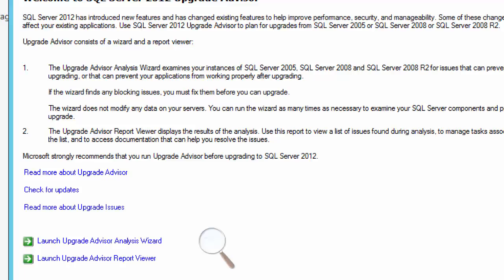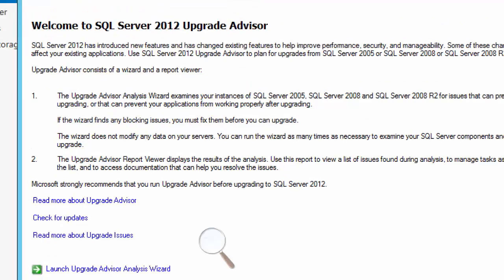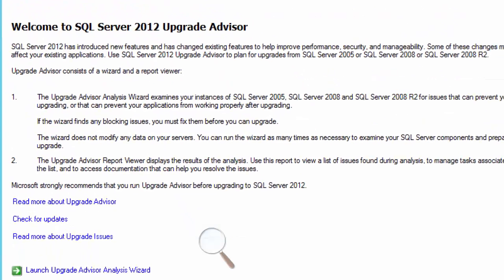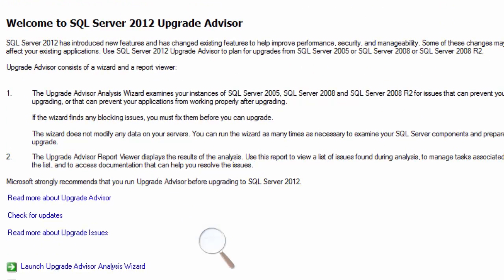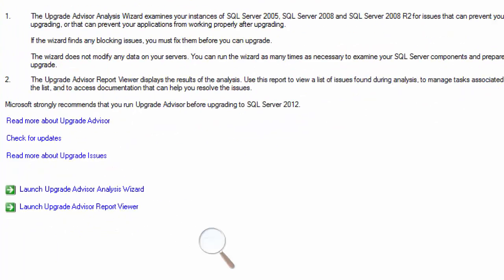If this is the Upgrade Advisor for 2012, we are supposed to use it on 2008 and 2005, older editions. So if we want to upgrade from this to 2016, we're going to use the ISO of 2016 SQL Server, get the Upgrade Advisor from there, and then run it there. Then it's going to suggest here in 2012 SQL Server whether you can upgrade to 2016 or not. It's going to compare all the features and everything and suggest what should be done.